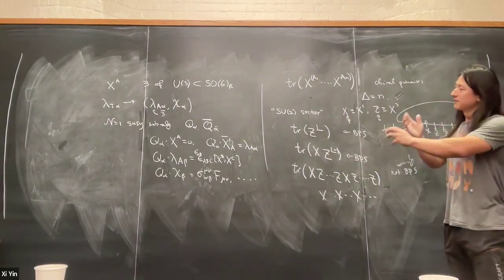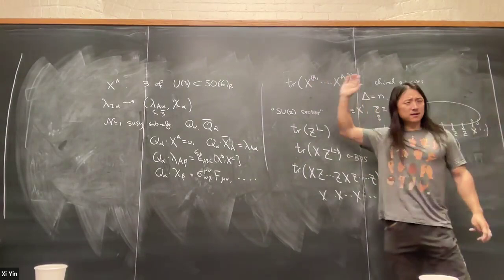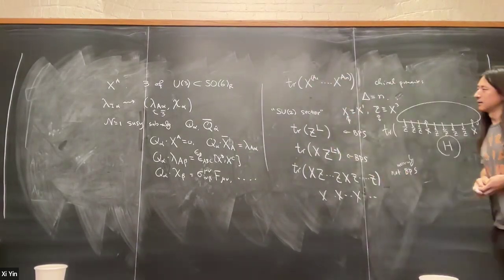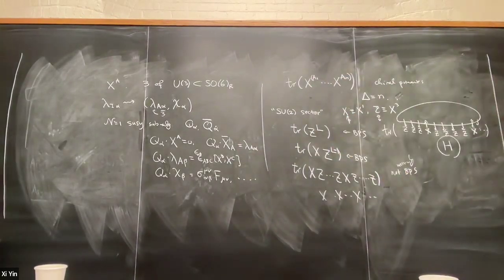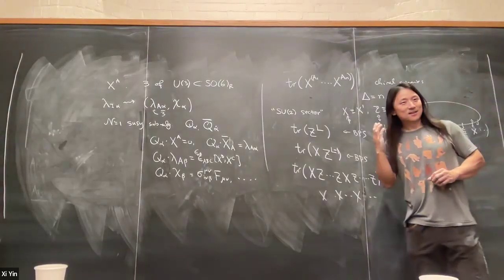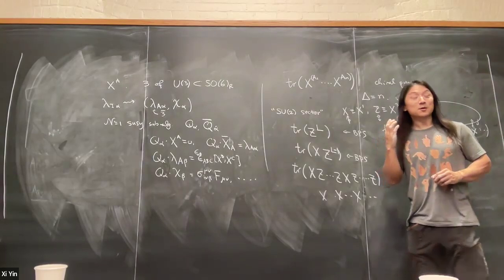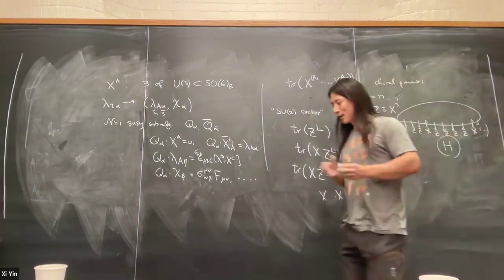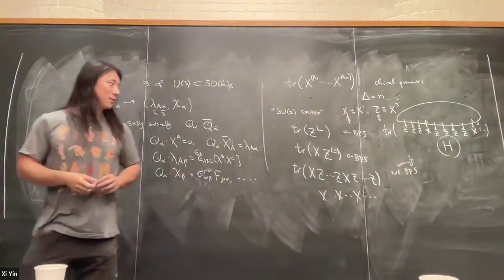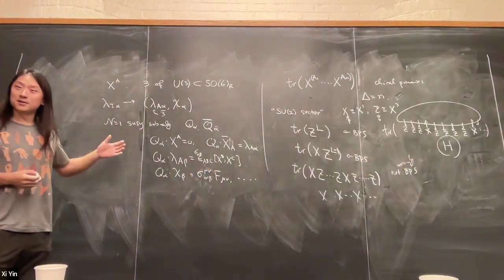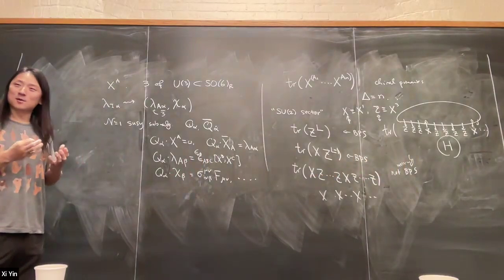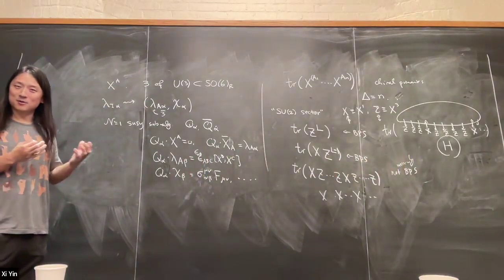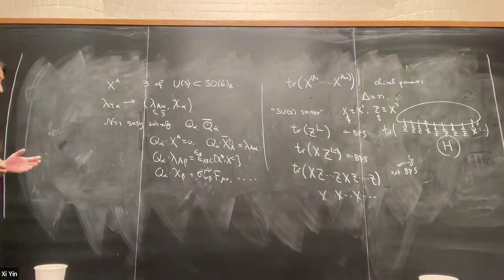So given this kind of representation, of course, whenever I write this, I mean some kind of regularized operator in the quantum theory. You may not immediately know how the S's act on this exactly. So how would you know this operator is a primary? Well, you don't quite know that. Maybe it has to be corrected a little bit. But you can show that if you know that it's in a Q cohomology, then in the cohomology class you can always find a non-trivial representative, if it's a non-trivial cohomology class.